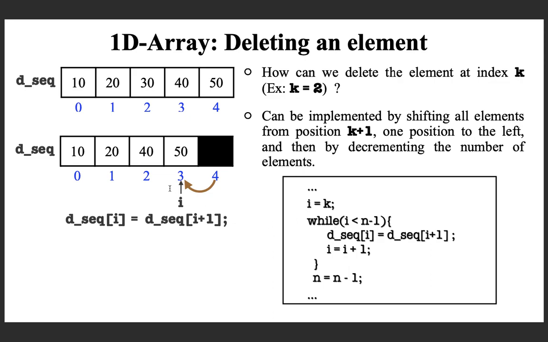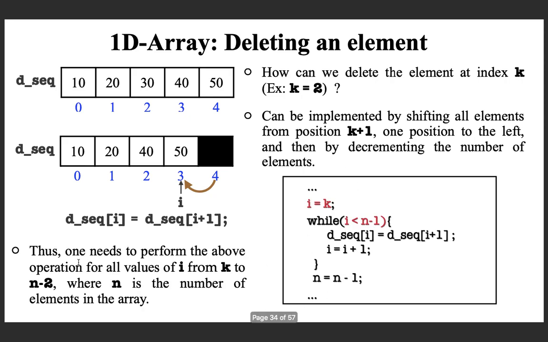So what we are doing is, from the position K from which we have to delete, you come to the current position. You are standing here and saying, okay, the next element comes here. Then you move to the next and again repeat until you move to the second last element. And that is why you are writing it as less than n minus 1. That is, you will move up to n minus 2. Okay, this is what you are doing, and finally after that you are decrementing the number of elements and you are done.